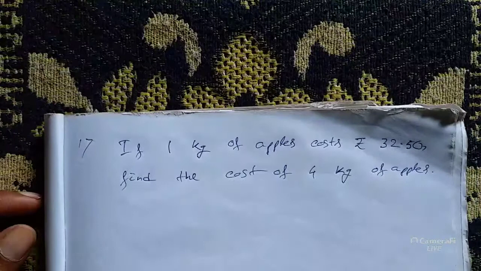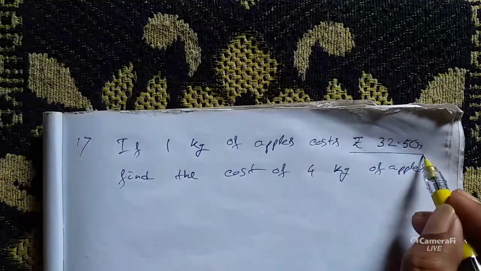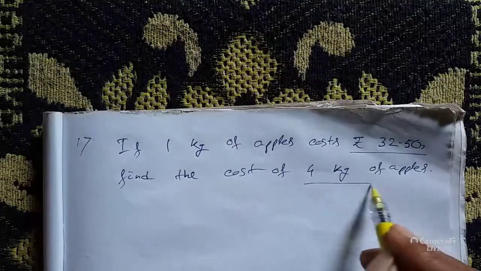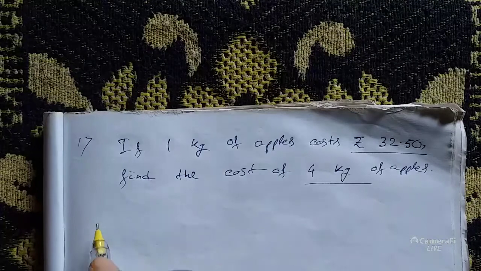This is the question. So see, 1 kg apple cost is given, rupees this, and we have to find 4 kg apples. Definitely 4 kg apples cost will increase at the same rate. So in that case we have to multiply